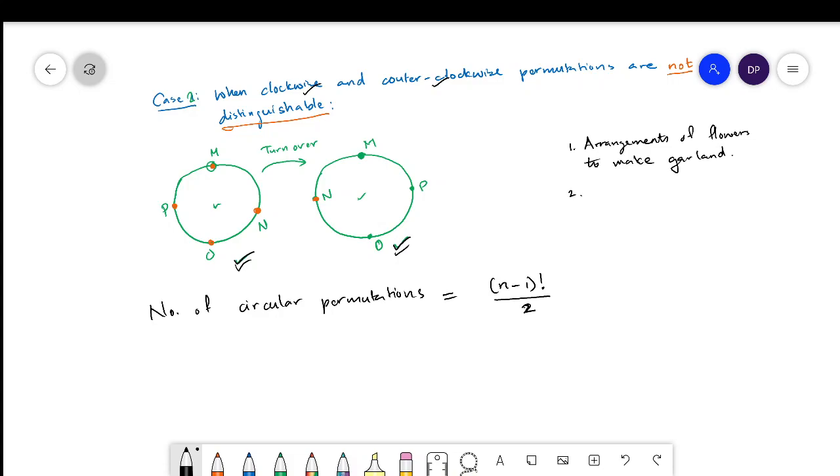Number 2, again arrangements of beads to make a necklace, right? Number 3 is very interesting. In the previous example, it was arranging the people around the table. Here we're saying arrangement